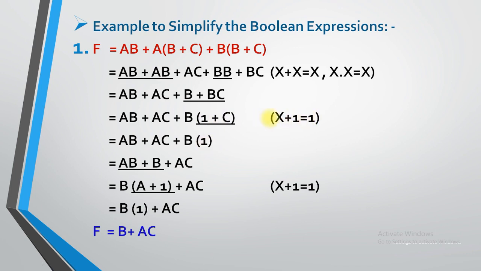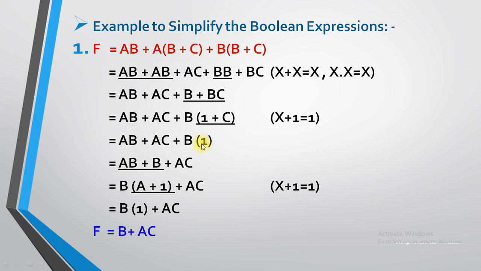See, what is our question? We need to simplify the Boolean expression based on the postulate. So in exam they have given that simplify the following Boolean expression based on the postulates. So you need to write postulates over here in this way, that based on which postulate you have simplified the function. So in the first term, x plus x equals x. That's why I have written AB one time. Similarly, b into b, I can write b. 1 plus c returns 1. So I have written 1 over here.